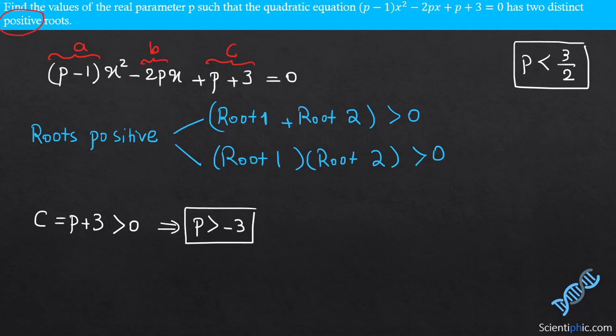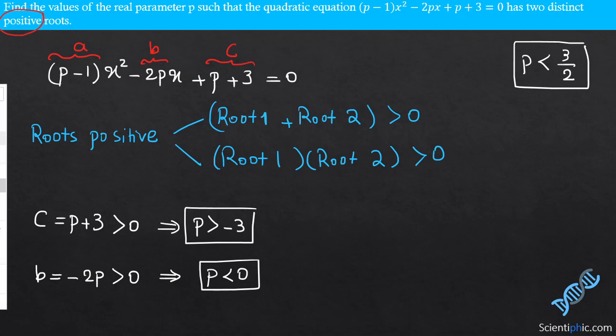And we also know that in a quadratic equation, the product of the two roots is given by the coefficients. Here we said that that also has to be positive. It means that this also has to be positive. And that means that p has to be less than 0. Now we have three